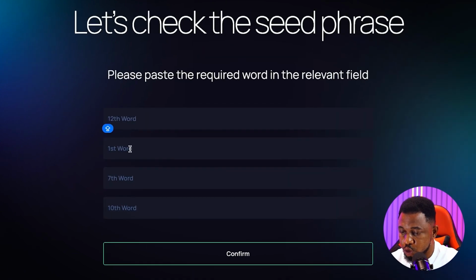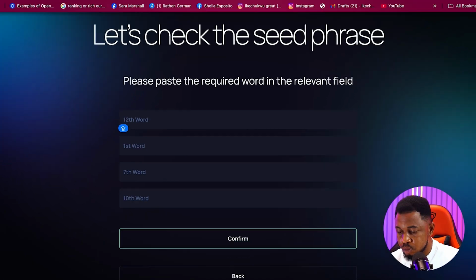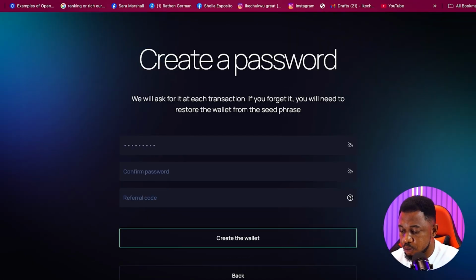So you have to put in the 12th, 1st, 7th and 10th words. Just go ahead and copy it and put it in, then click on confirm. So next you're going to put in your password,